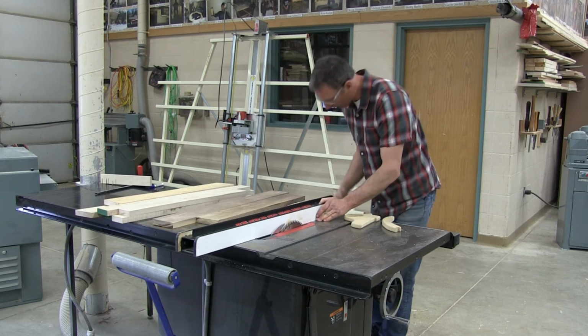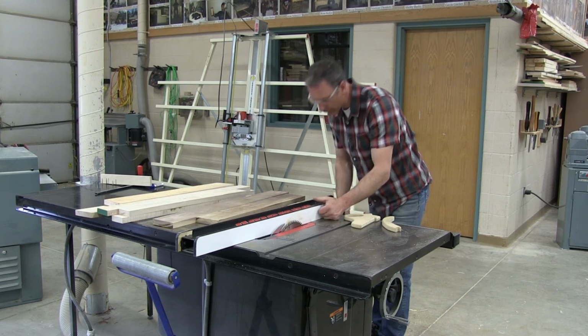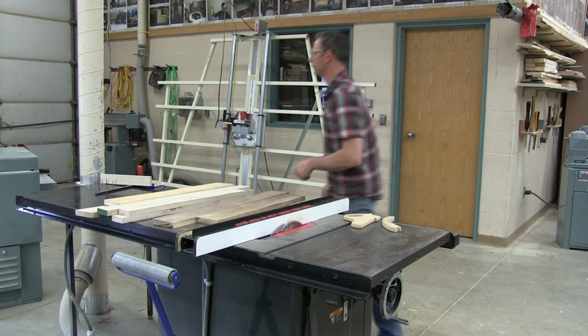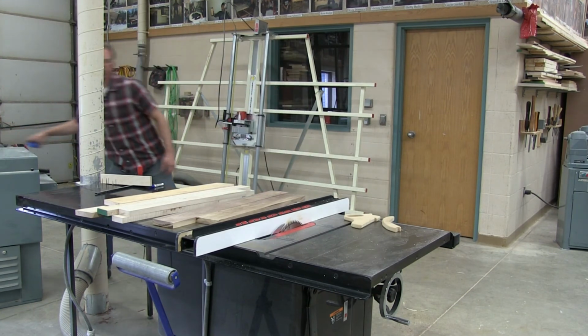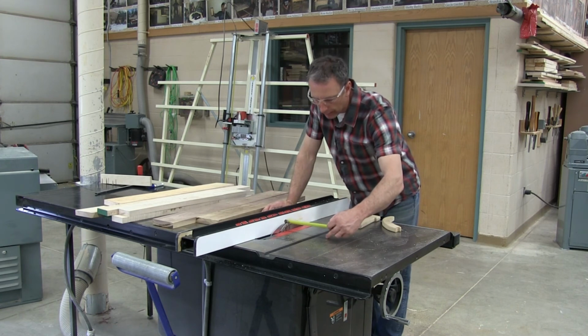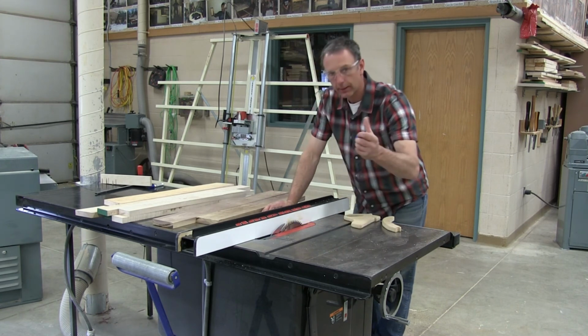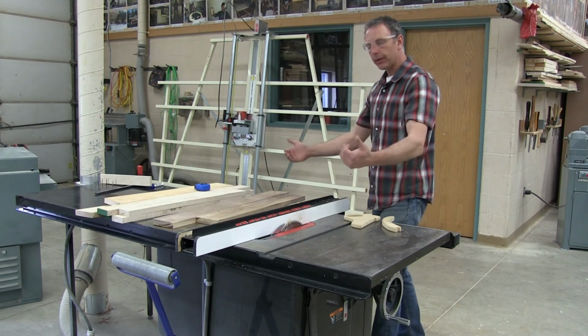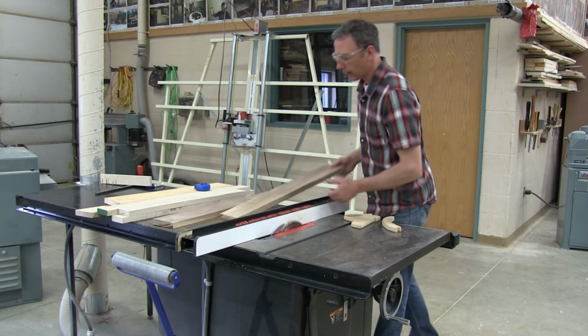Check the fence. Tape measure. There it is. You guessed it, I got to check that it's a 1/4 inch. Now that I've checked and it's a 1/4 inch, we're good to cut. Everything is the same, except